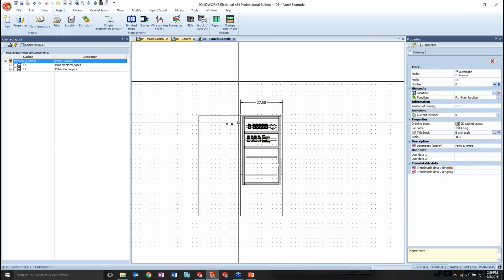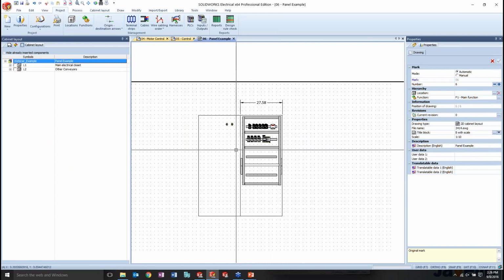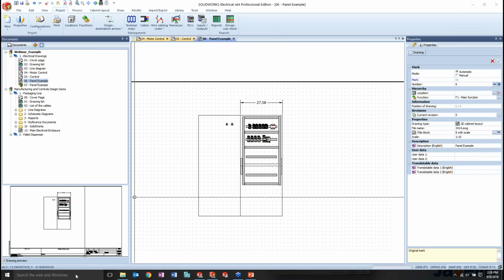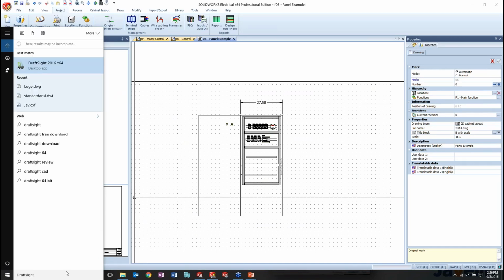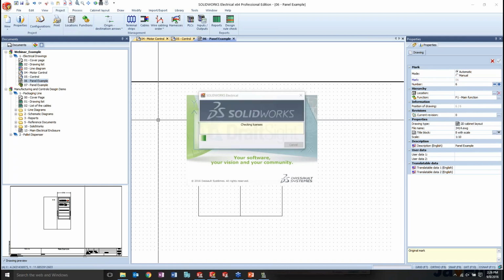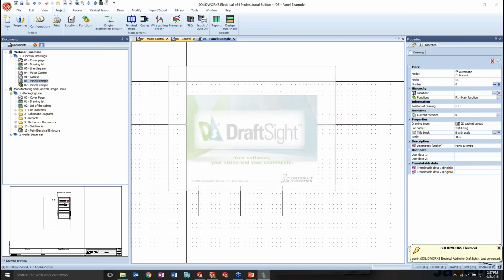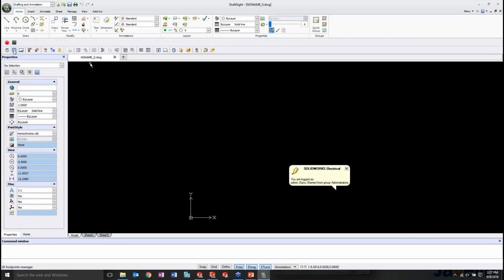Today what we've seen is how you can do a panel in 2D and 3D fairly quickly. You have some other features and benefits where now SOLIDWORKS can be, if you have the latest SOLIDWORKS and DraftSide Professional, and if you have Standard and you're a customer, let us know. We can help you out in figuring out how we can get you the Professional. But with DraftSide Professional, SOLIDWORKS is now including a link to